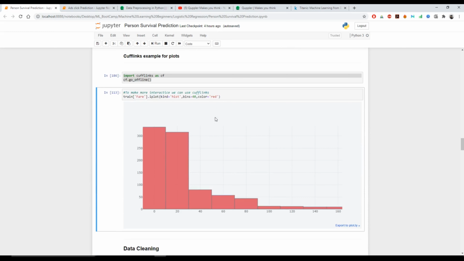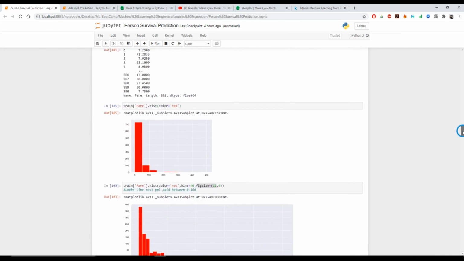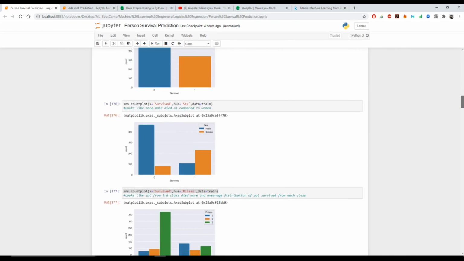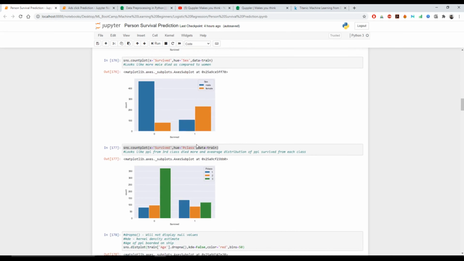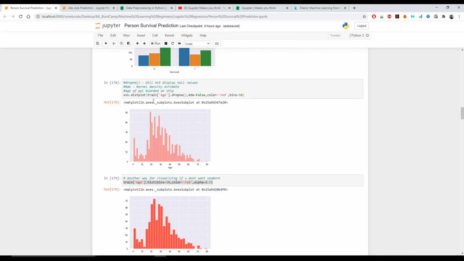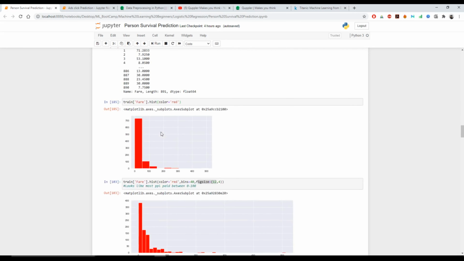This way we covered the fare column. We have almost explored the entire dataset, going one by one. We saw the survived column, then survived with sex, survived with age, survived with pclass, and the age. We have to do this kind of exploratory analysis based on the data. So for most of the things, we are done.